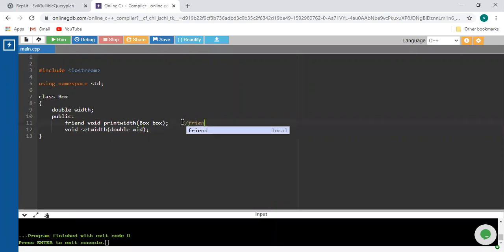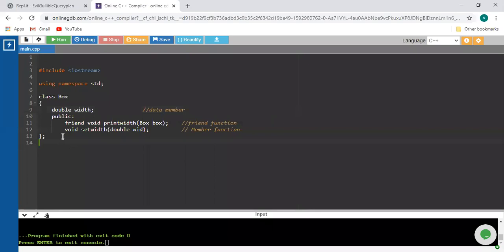This is the friend function, and this is the normal function, or I will just mark it as a member function. And this double width is nothing but, what is that? You call it a data member of that class.